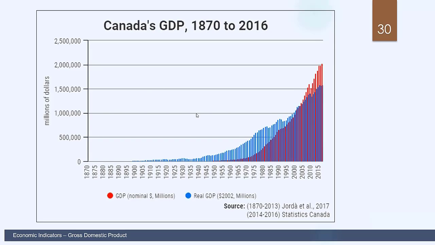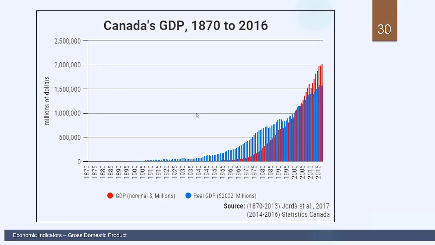What is interesting about this diagram is it shows how much economic activity has increased over the last century. However, we can't say that much about living standards because we don't have population accounted for here. All we know is that economic activity increased, so the economic pie that everyone could potentially share in the economy increased substantially, but we don't know how many people it needs to be shared among.